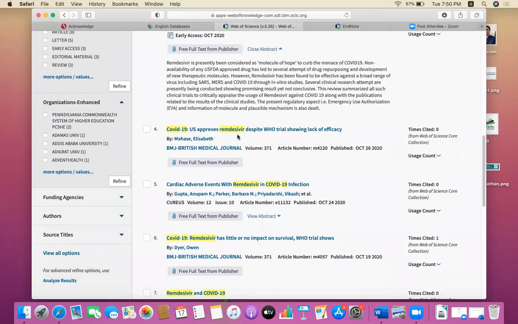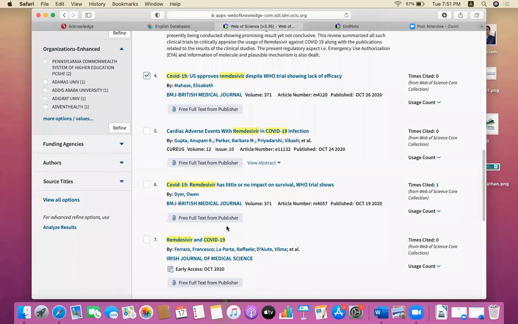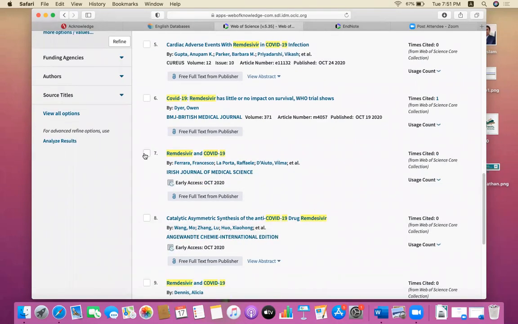US approves remdesivir despite WHO trial showing lack of efficacy. So yes, because US approves remdesivir for COVID-19, I will select this one also, because the title itself indicates the type of the article. Then remdesivir and COVID-19. Okay, I will also select this, for example.